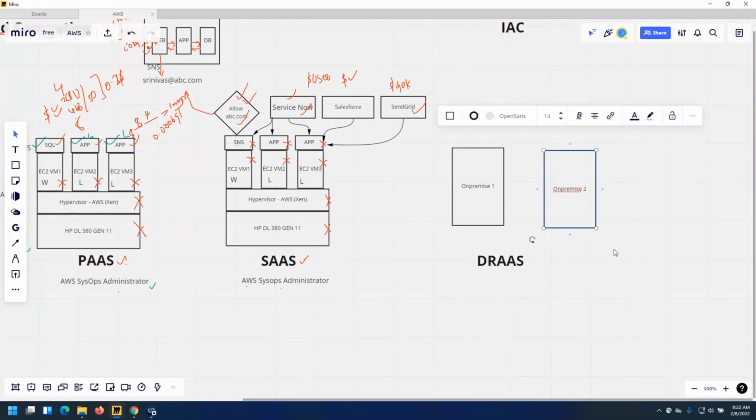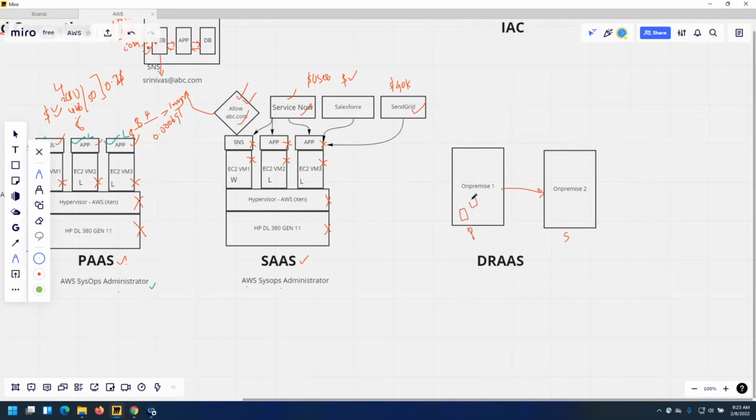Traditionally, you are replicating all your data from here to here. This is the primary site, this is the secondary site. From the primary site, you have a bunch of servers, and you are replicating the data onto your secondary site for disaster recovery purposes.